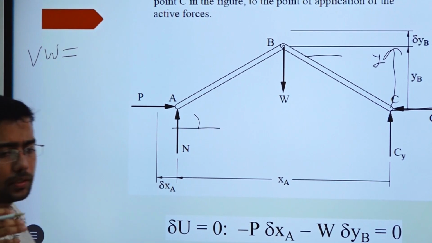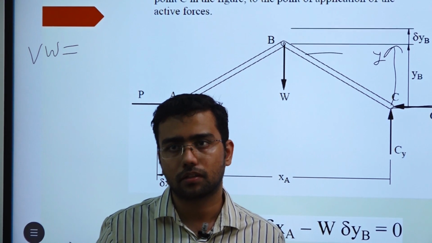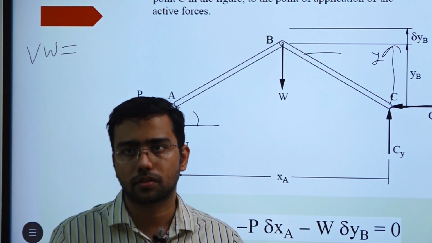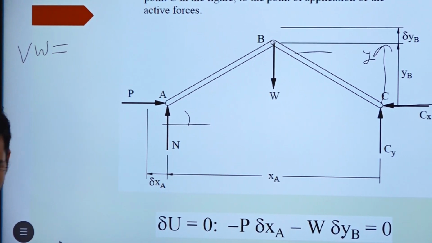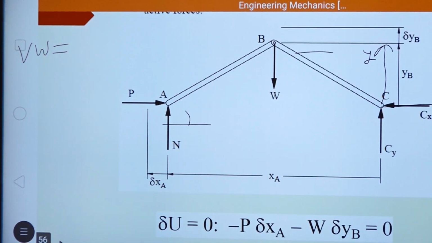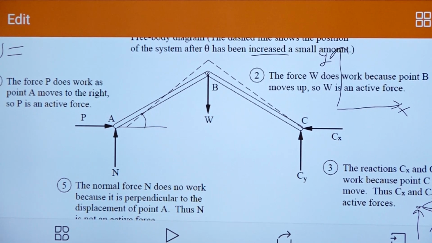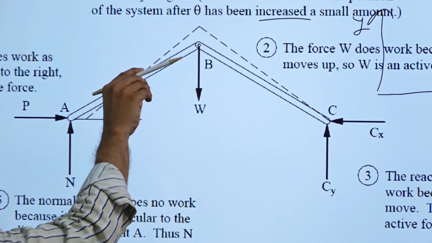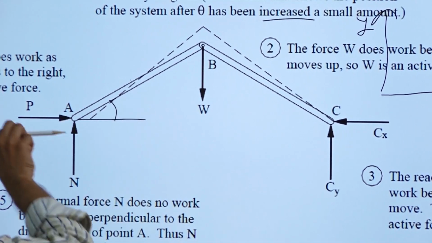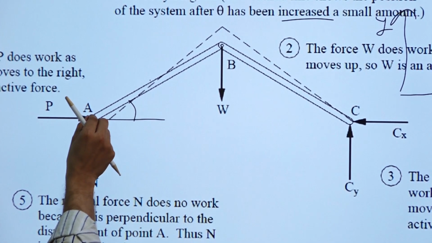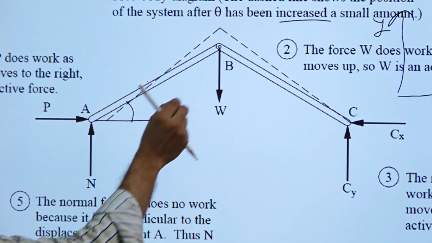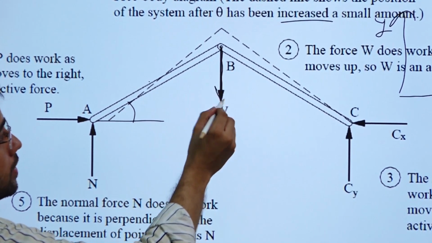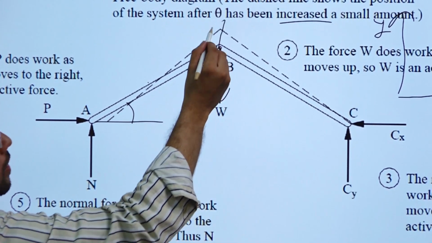So when we are going to take positive work and when we are going to take negative work, that we are going to decide based on the direction of movement and the direction of the force, right? In the previous case, you can see that we are assuming that this thing is moving like this. Under the force P, this thing is moving down, point A is coming inwards, so point B will come up, right? But the force W is in the downward direction, while point B is moving in the reverse direction.